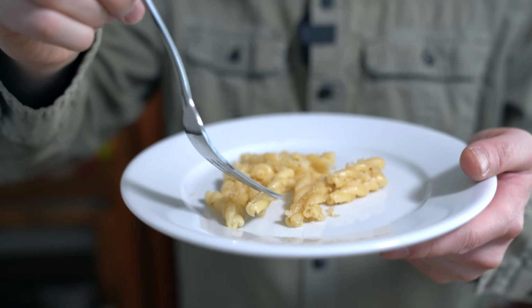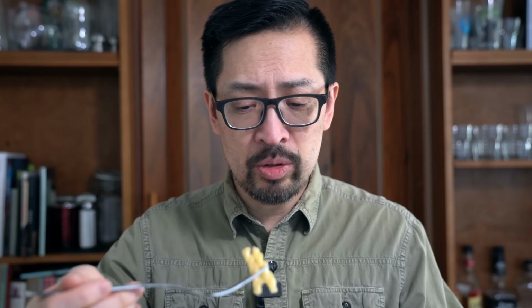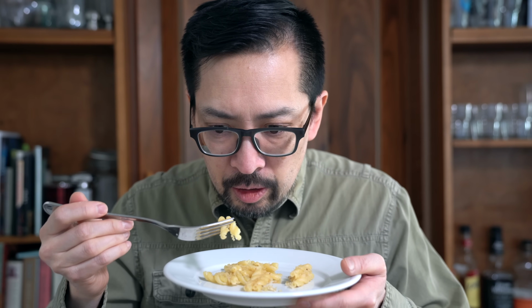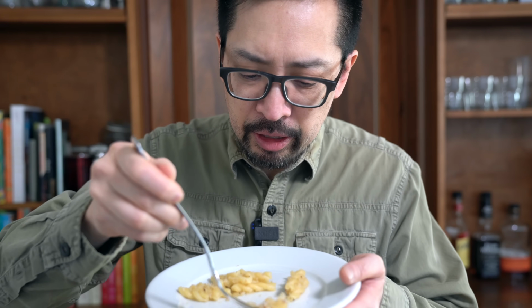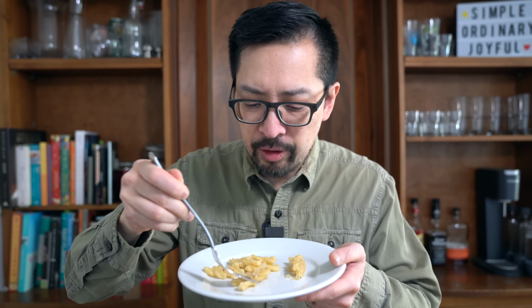So yeah, you definitely want to have pasta. I think traditionally they use spaghetti or spaghettini with this, which I don't think would be a bad thing at all. So we're gonna try that next time. One thing for sure is that the fragrance of the garlic and the Parmesan and anchovy, it's strong, so it may not be for everyone. When you're biting through it and you get a particular piece that is completely enveloped in that panko, it's a fantastic mouthfeel. And when the flavors are popping in your mouth,